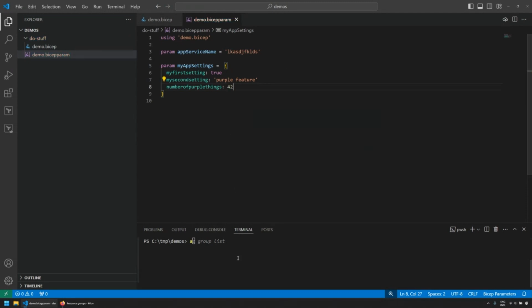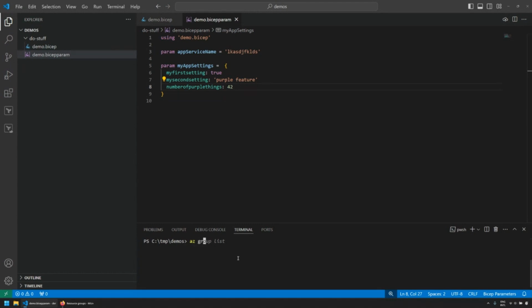And now I can deploy this into Azure. And in the past you needed to reference both your template file and your parameter file for publishing into Azure. But you now don't need to anymore. You can just reference the parameter file. And as the parameter file references the template, you can deploy directly into Azure referencing only the parameter file.